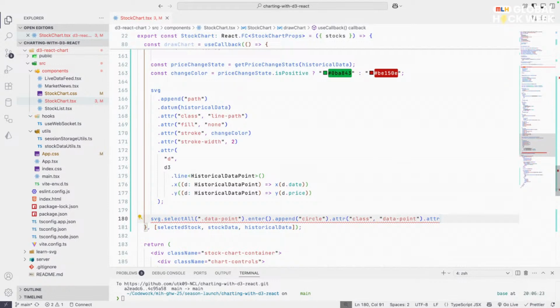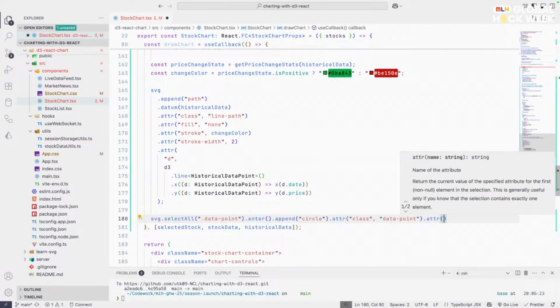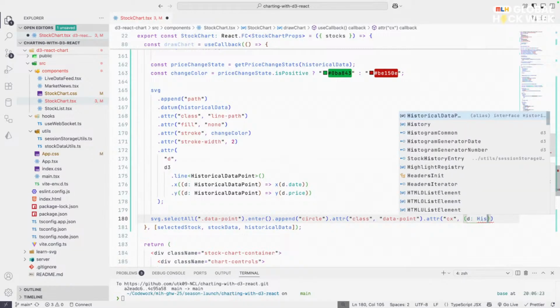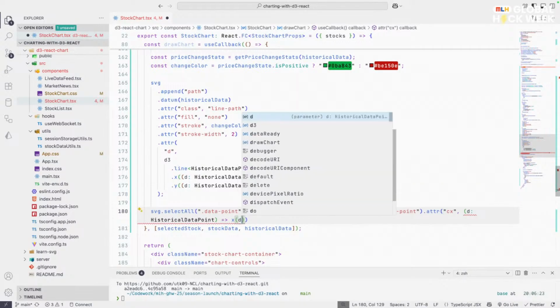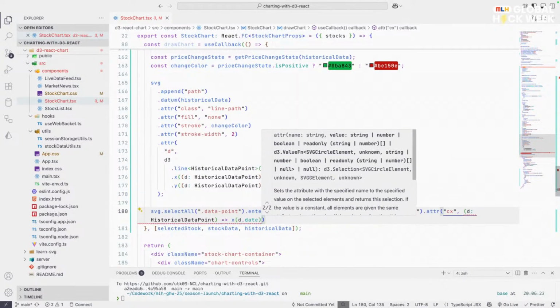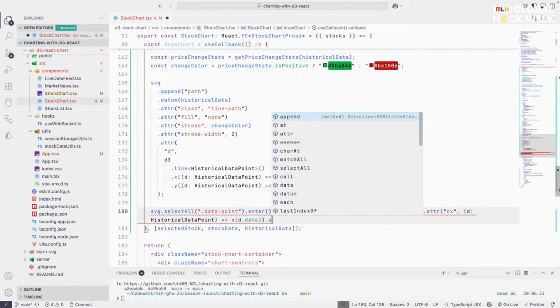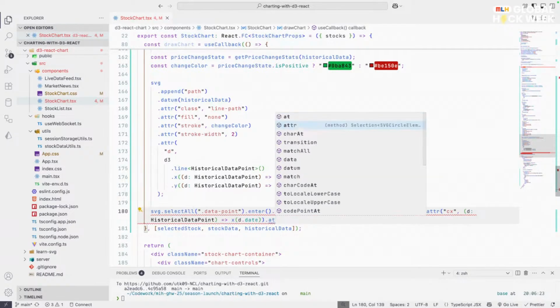This was from our first session that we did with SVG. The only reason why I actually focused on SVG was so that we don't have to go through this again. D, which is of type historical data point, we need to bind it to xd dot date, and let's come out and say dot attribute